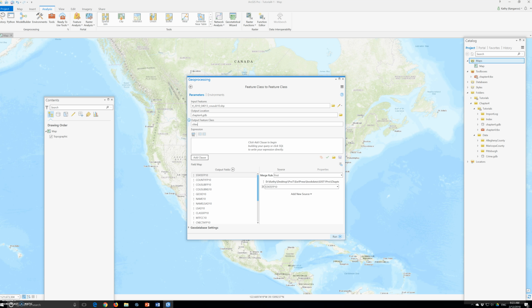The new feature class cities is automatically stored in the default file geodatabase. So now you can see chapter 4 geodatabase, and we don't have to do anything here. And we're going to click run. And when it finishes, we will close